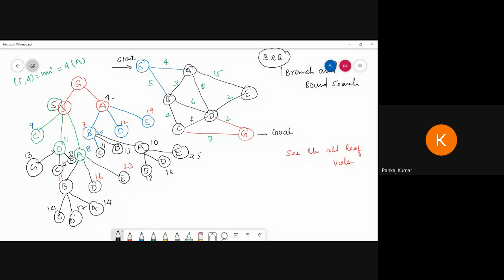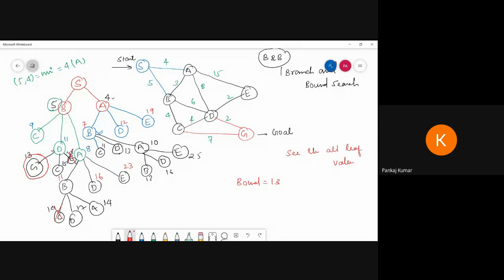Now see, we can get our goal node. This one is our goal node. That means we can set a bound equal to 13. For values more than or equal to the bound of 13, we have to discard all those leaf nodes. So we have to check. This is 13, not discarded. This is more than, not discarded. This one, yes, discarded, because equal to or more than the bound is discarded.